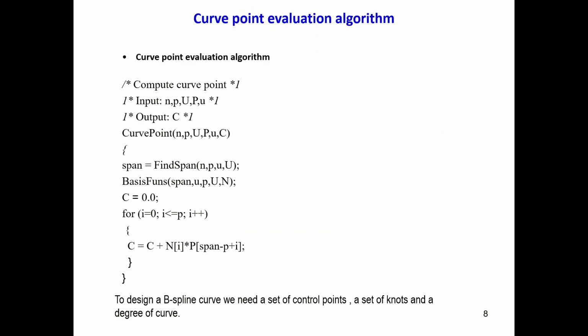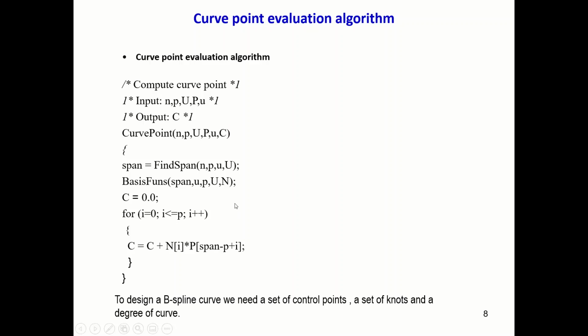Curve point evaluation algorithm. We have the pseudocode here for the curve point. Here we take the inputs as small n, small p, capital U, capital P and small u, and the output as C. It will compute the curve point C using the curve point function, taking the inputs n, p, capital U, capital P, small u and C as parameters. We'll find the span using the FindSpan function, FindSpan of n, p, u and capital U,